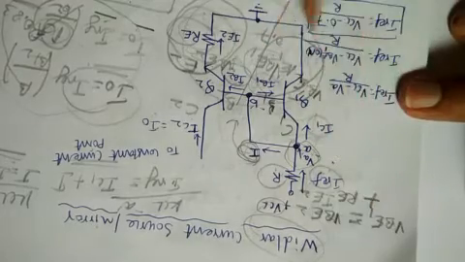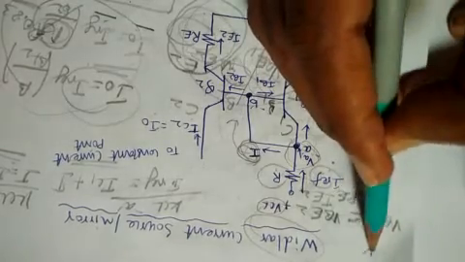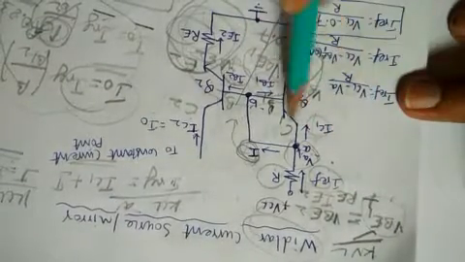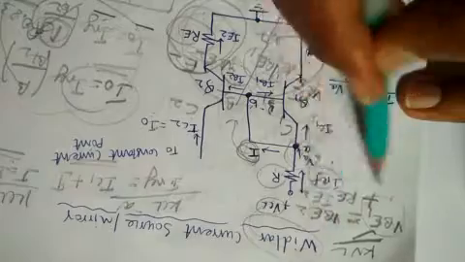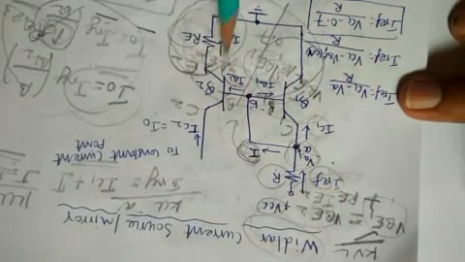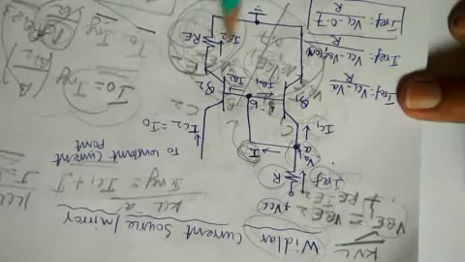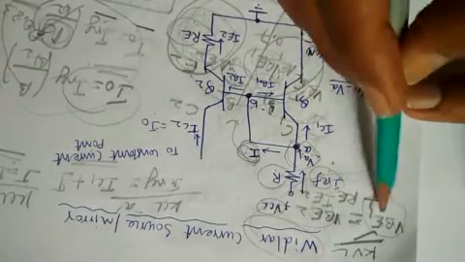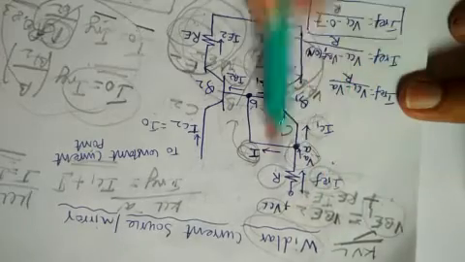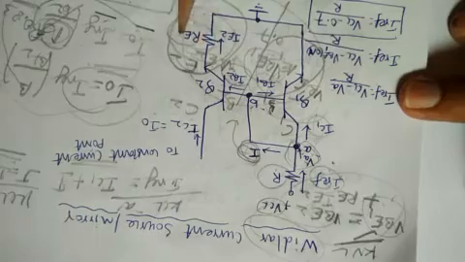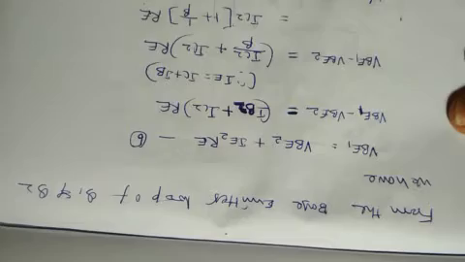According to Kirchhoff's voltage law, the potential in Q1 equals the potential in Q2. Q2 has two potentials: one to switch it on, and the other is the drop across RE because of this added RE. Here there is no RE, so only one potential, VBE1. Here VBE2 along with the drop. So by considering this equation, the RE can be found.